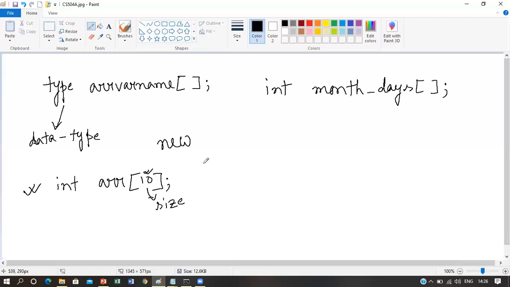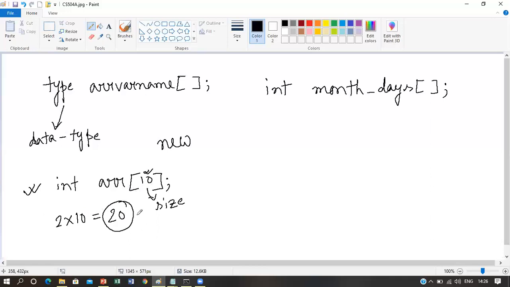That means a particular amount of memory will be allocated for this array whenever it is declared like this. So if we are using a 32-bit system architecture, then integer will take 2 bytes in memory in case of C language, and if we assume it like this, then 2 into 10, that is 20 bytes of memory will be allocated for this array declared in C language.